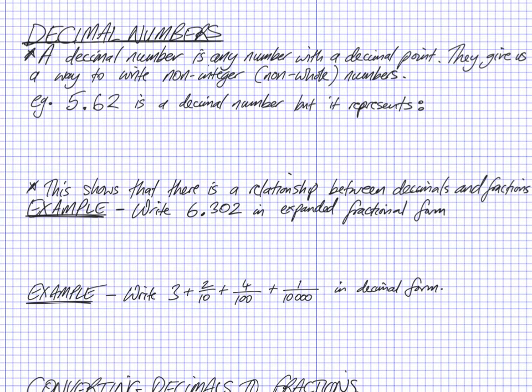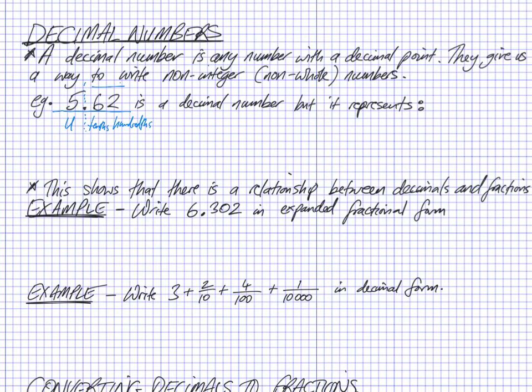So for example, we've got 5 point, that's the decimal point there, 62, is a decimal number. But we need to break down what that actually represents. So hopefully in your primary school days, you've understood that the position of the numbers means something around the decimal point. This is the units or ones column. This is the tenths. And this is the hundredths